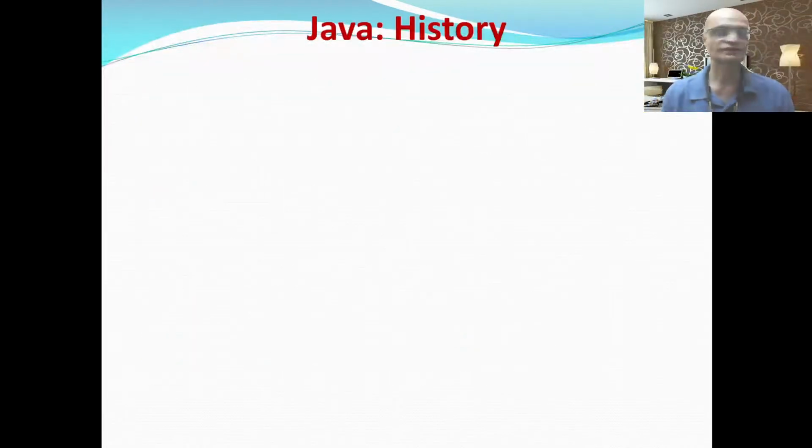So now comes Java. That will be dealt with as part of the second session, where we will understand a little bit about the history of Java, because now we have understood a little bit about C and C++. Now we will need to understand the history of Java, and then obviously the features or the important buzzwords, and how we write a Java program as part of the next session. So this was just a preliminary session.